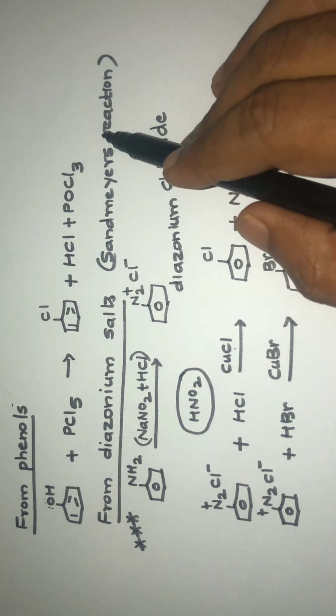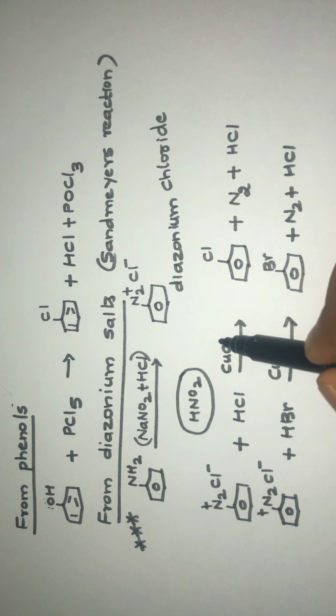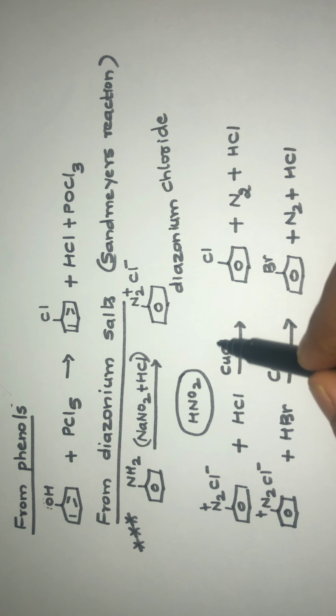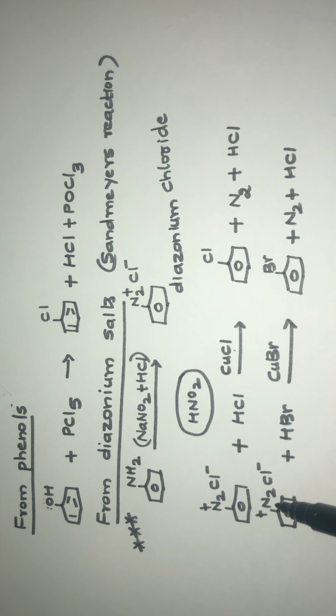In Sandmeyer's reaction, it is the halogen atom that is linked to copper which links with the benzene ring. Okay, now